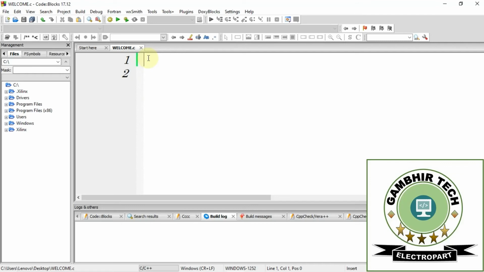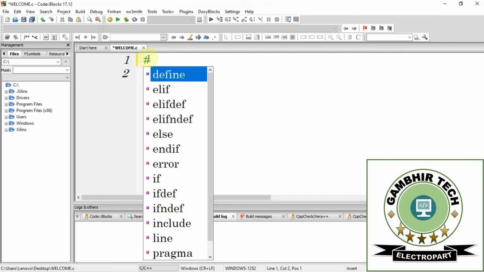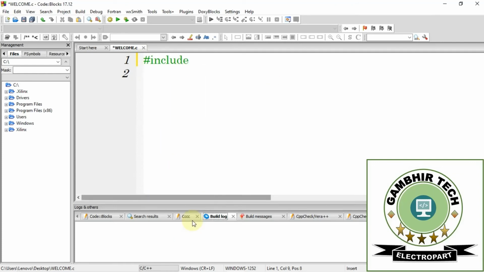Firstly we have to include the header files, which start with the preprocessor directive, that is hash include. I am using include and the standard input output library, stdio.h.